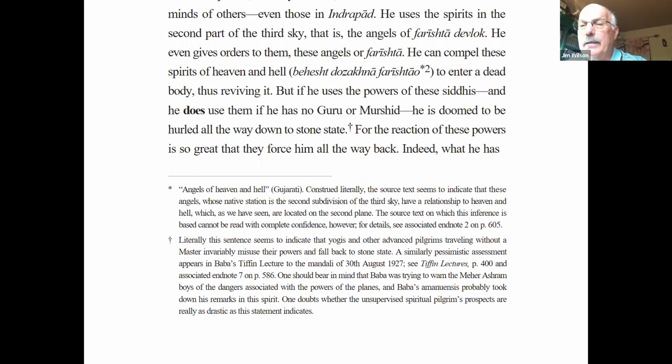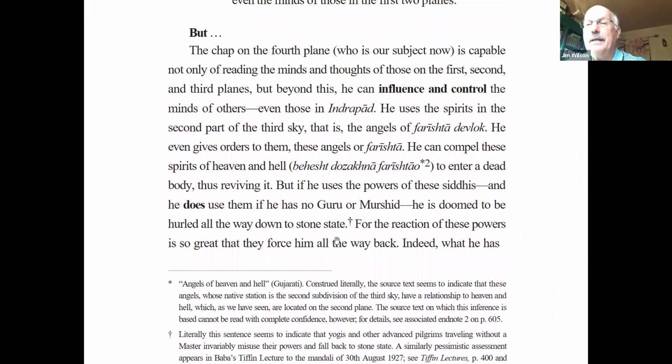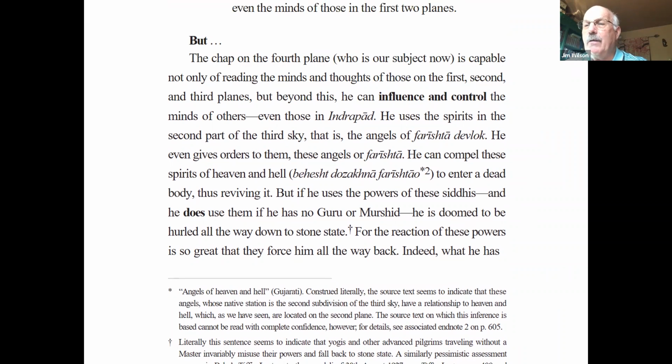One should bear in mind that Baba was trying to warn the Meher Ashram boys of the dangers associated with the powers of the plains. And Baba's amanuensis, I don't know that word. Amanuensis, that's his scribe. Okay, probably took down his remarks in this spirit. One doubts whether the supervised spiritual pilgrims' prospects are really as drastic as this statement indicates. For the reaction of these powers is so great that they force him all the way back. Indeed, what he has